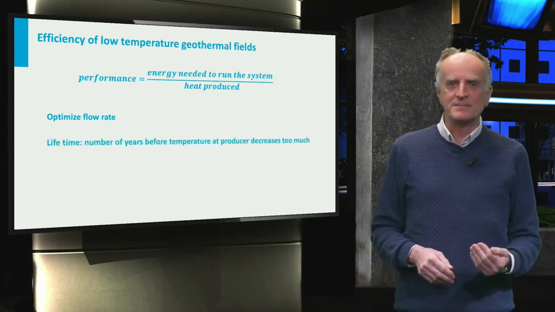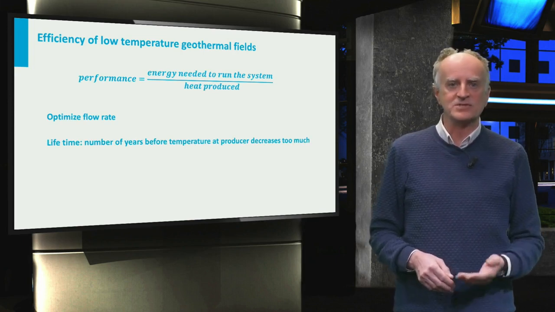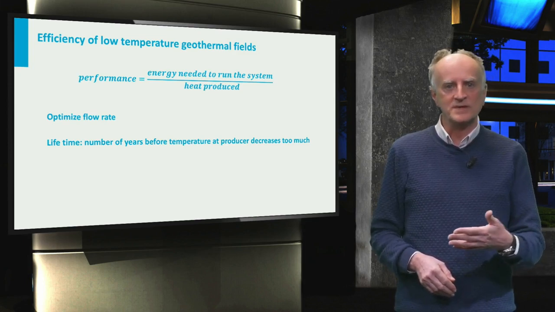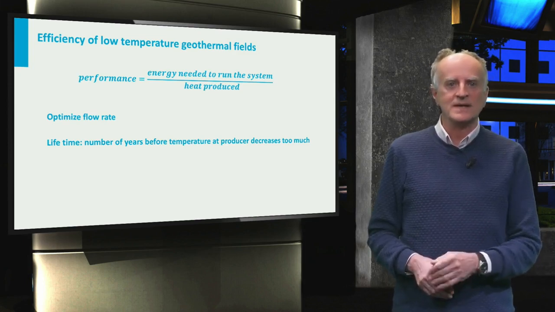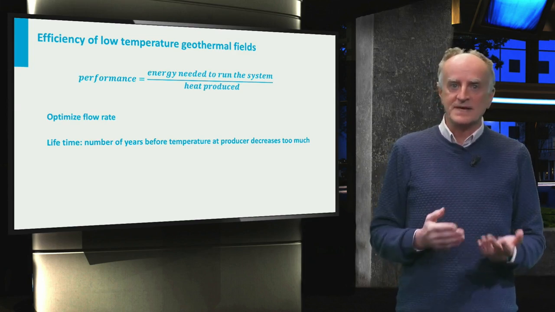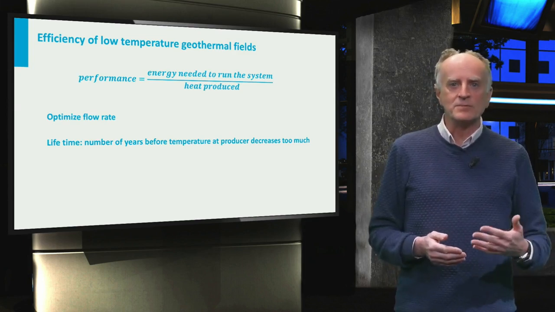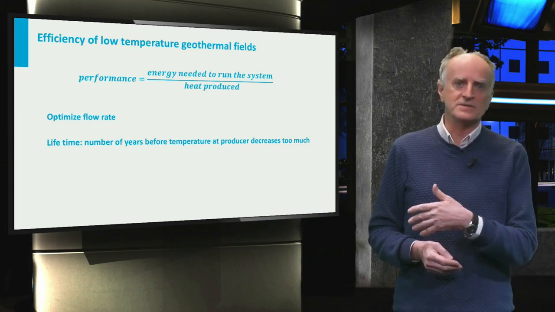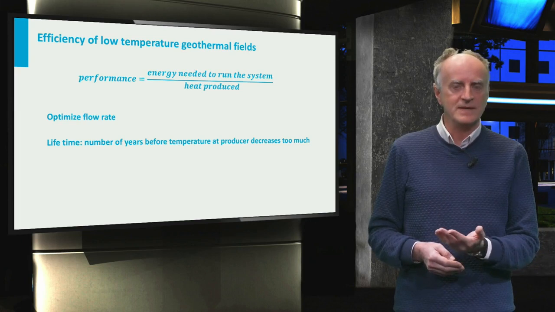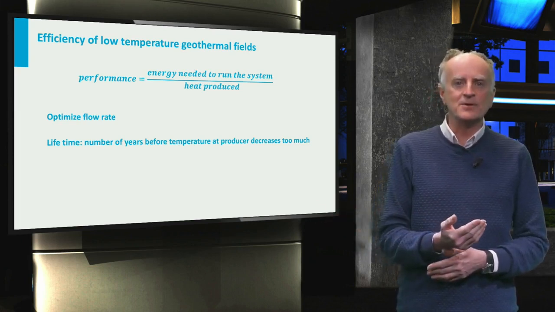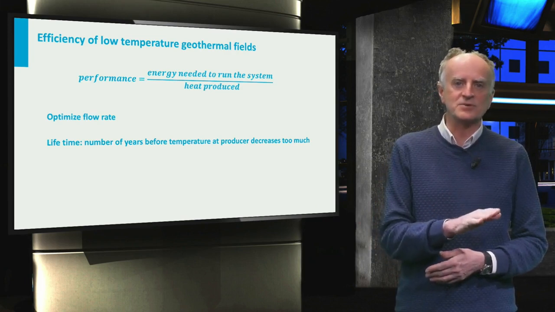A further key parameter is the lifetime of the system, which is the number of years needed for temperatures at the producer well to decrease below a certain value. This depends on the flow rate at which we operate. If rates are very low, then the water will have ample time to equilibrate with the country rocks and temperatures at the production well will not change. If on the contrary rates are high, then equilibration will be incomplete and temperatures at the production well will